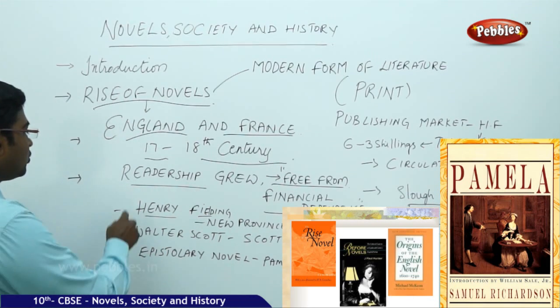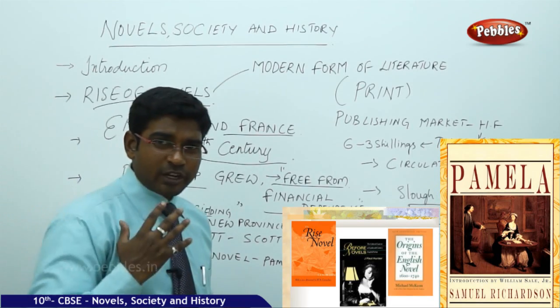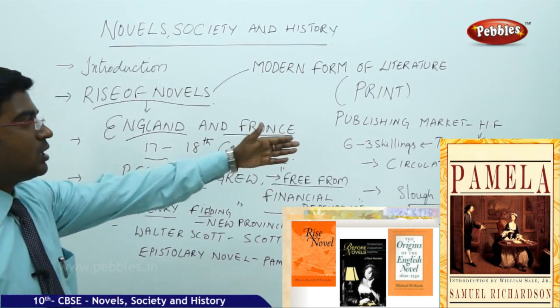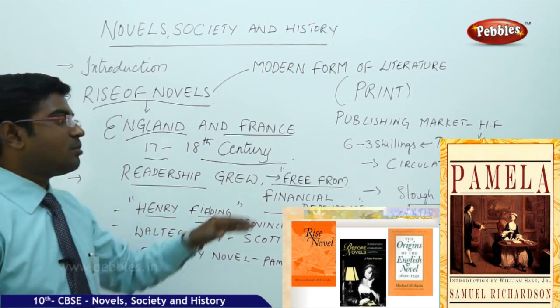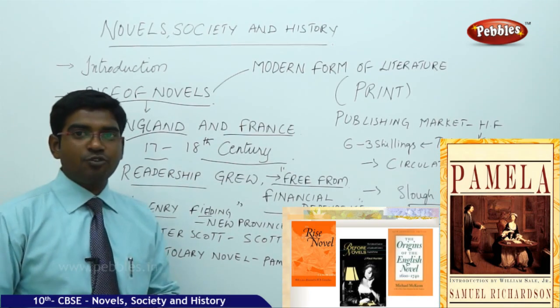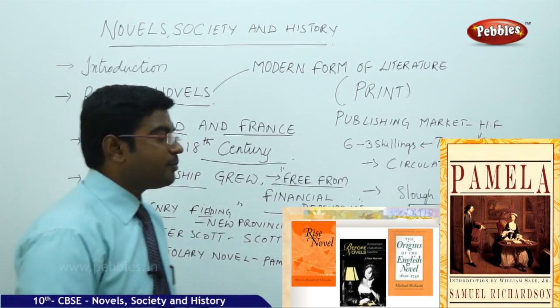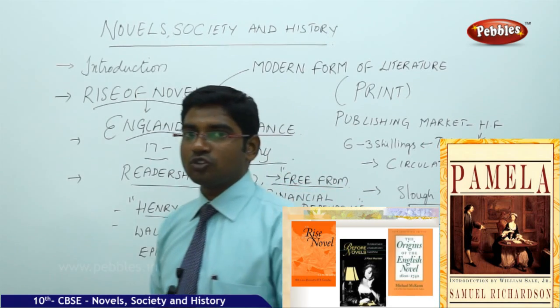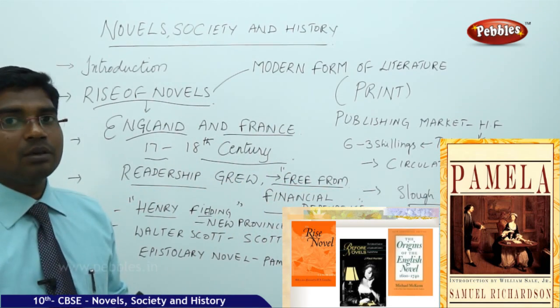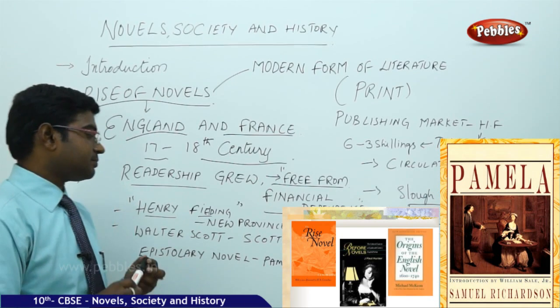The first writer who created history was Henry Fielding, who wrote in a new genre with the book called Tom Jones. This book was released in 1749 in six volumes. For each volume, he received a payment of nearly 3 shillings. That was not high by modern standards, but it was a good amount at that time.